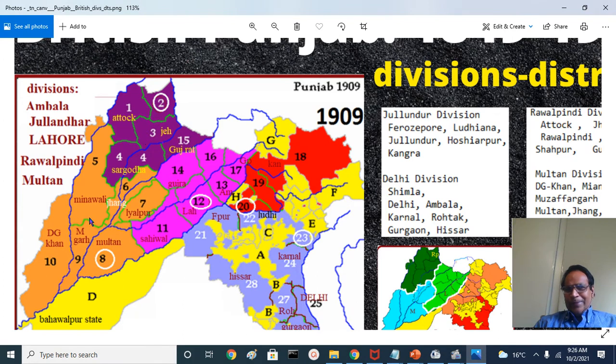The Rawalpindi division, Multan division, and Lahore division were predominantly Musalman-dominated districts. Muslims formed the overwhelming population of these districts. Centuries of Muslim invasion, forced conversion, and alienation from the native culture made a lot of Punjabis become Muslims, and they were forced. Eventually they accepted the Islamic culture and civilization and identified themselves as Muslims. Rawalpindi, Lahore and Multan are predominantly Muslim-populated divisions. Lahore division has a lot of Sikh and Hindu communities in certain districts.